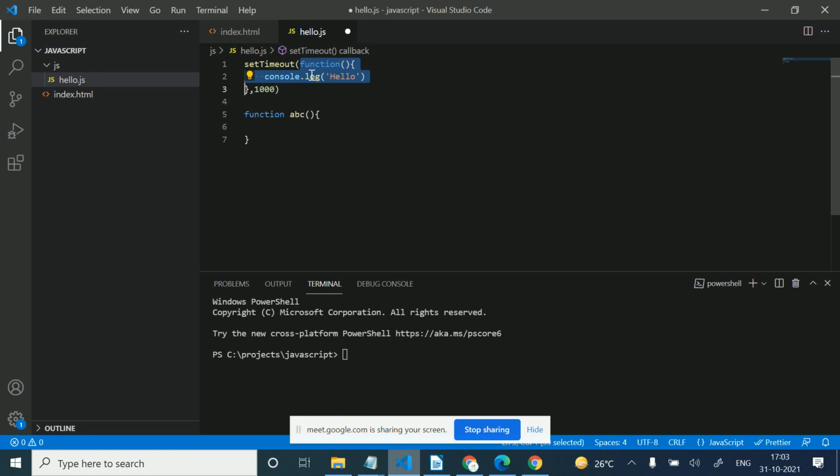There is one more concept, the immediately invoked function. Like we have an anonymous function here. If this is a file hello.js and I execute this file, I want to execute this function at the same time, at the time of loading. So we can convert this function to an immediately invoked function. This is the syntax of an immediately invoked function with the help of anonymous functions.